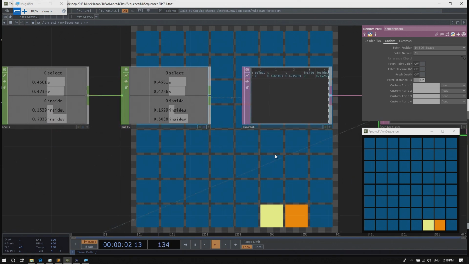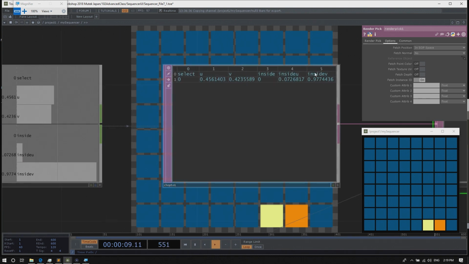But what I'm not yet getting is my rollover. I also want the render pick to return something when I'm rolling over these elements. This is because for each state where the render pick should trigger, I need a separate row going into the render pick, and currently I only have one row.